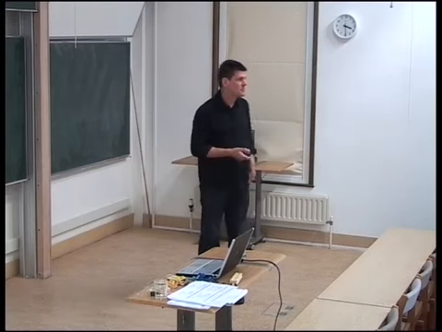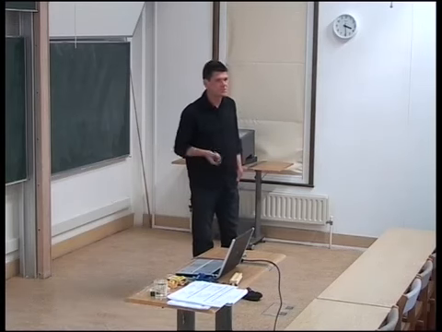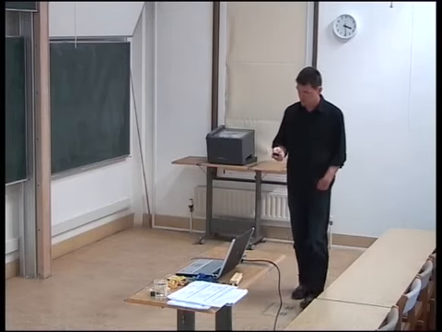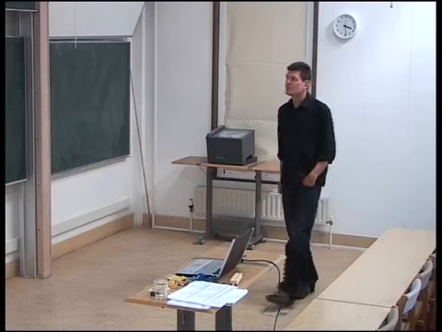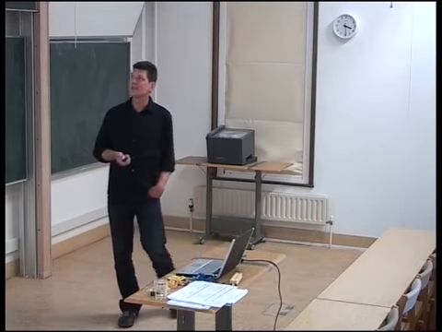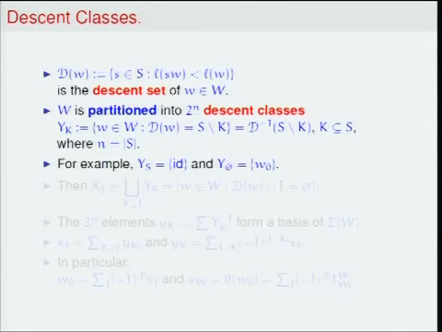which are called capital Y subscript something, rather than capital X subscript something. Extreme examples of such descent classes then are Y_S. That's all elements whose descent set is the complement of S in itself. That's only the identity. And at the other end of the spectrum, one has Y_∅, consisting only of the longest element.